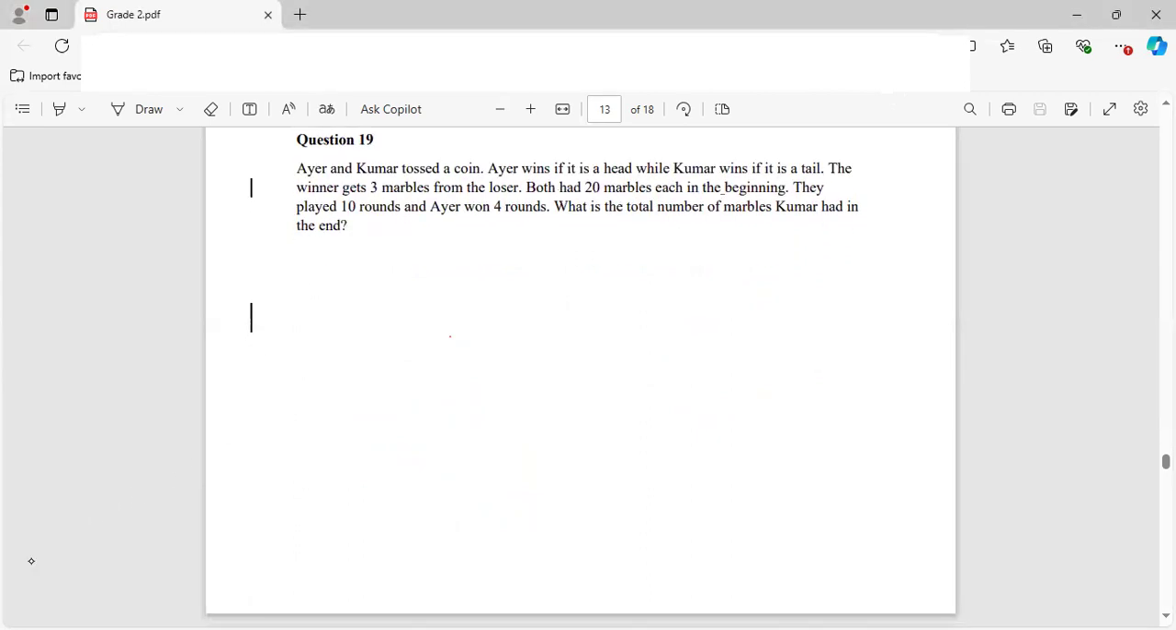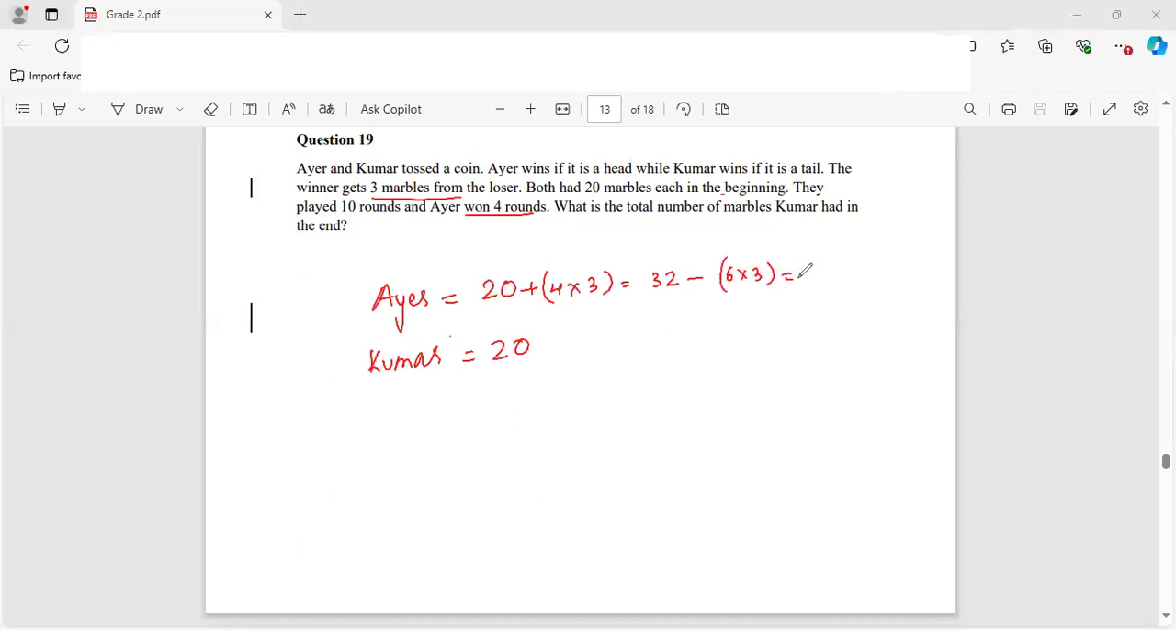Question number 19. Iyer and Kumar tossed a coin. Iyer wins if it is a head, while Kumar wins if it's a tail. The winner gets 3 marbles from the loser, and both had 20 marbles in the beginning. So Iyer had 20 marbles in the beginning, and Kumar also had 20 marbles in the beginning. They played 10 rounds, and Iyer won 4 rounds. So if Iyer won 4 rounds, he'll get 12, so he will have 32, but he also lost 6 rounds here. So that means he'll have to give away 18. So that will be 32 minus 18, which will be 14, but they're not talking about Iyer, they're talking about